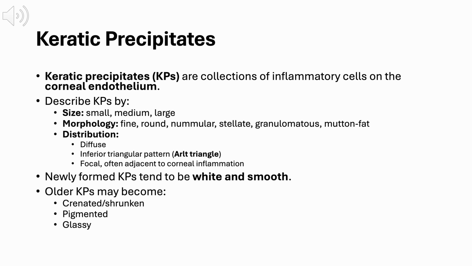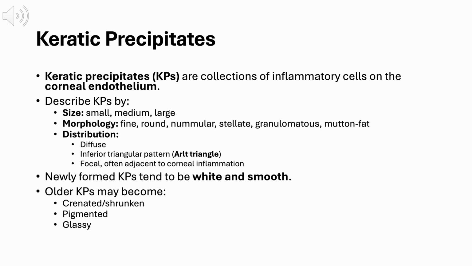Keratic precipitates, KPs, are collections of inflammatory cells deposited on the corneal endothelium, and describing them well pays diagnostic dividends. Characterize them 3 ways: by size, small, medium, or large; by morphology, fine, round, nummular, stellate, granulomatous, or mutton fat; and by distribution, diffuse, in an inferior triangle known as the Arlt triangle, or focal, often next to an area